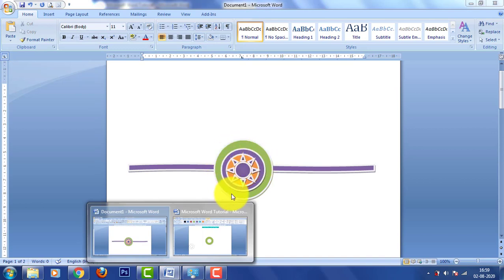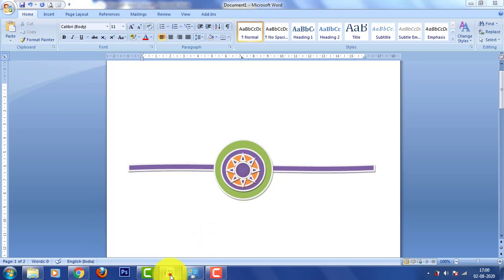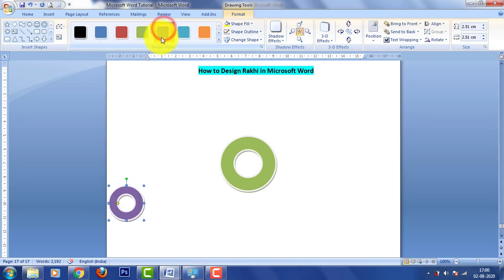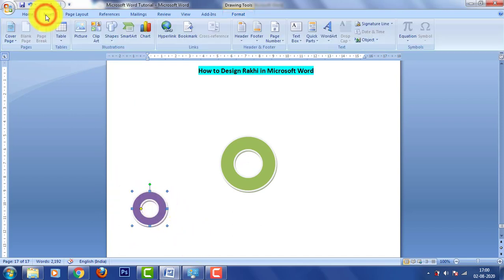This purple shade needs to be selected, so let's select this purple. After creating this shape, let's create another donut of a bit smaller size.